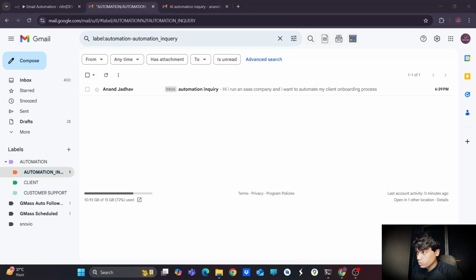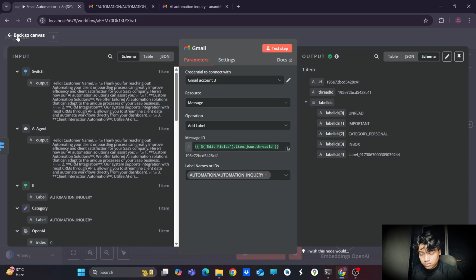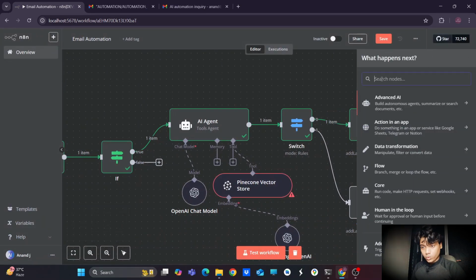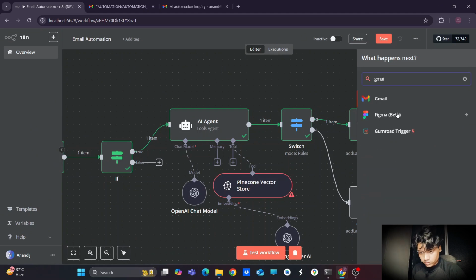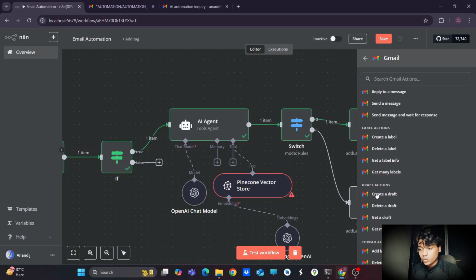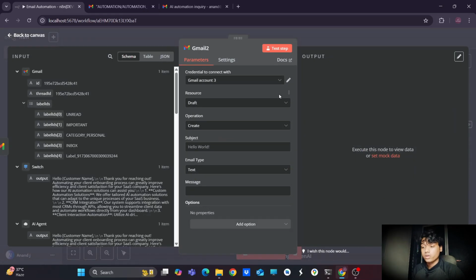For that reply, we need to add one Gmail node. In the Gmail node, we need to add a reply to it. For that, we will be selecting create a draft because it is going to use the human in the loop. Suppose you are doing business, you will not be directly dependent on the reply from this OpenAI. If you want to modify anything or review it, you can review that. Because of that, I'm selecting it as a draft.